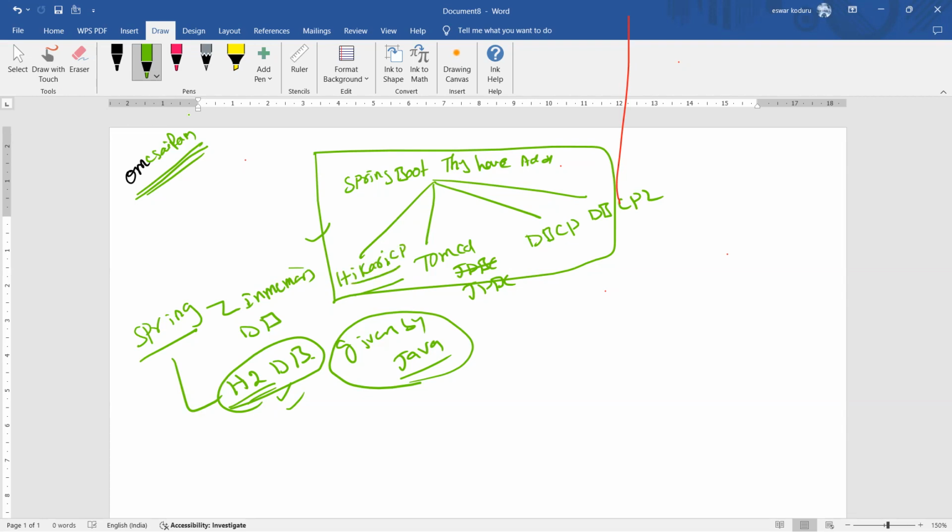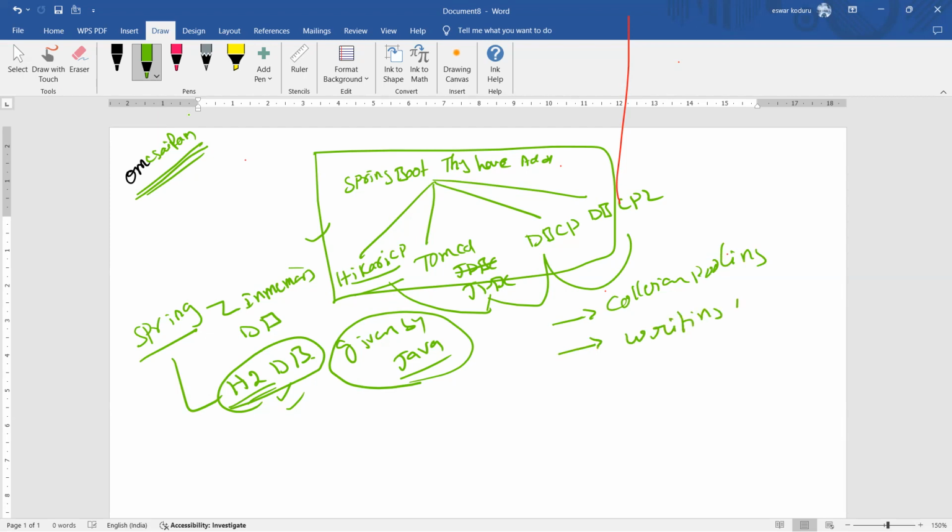These are the four types of databases they are using internally. These four types they're providing for the connection pooling concept,